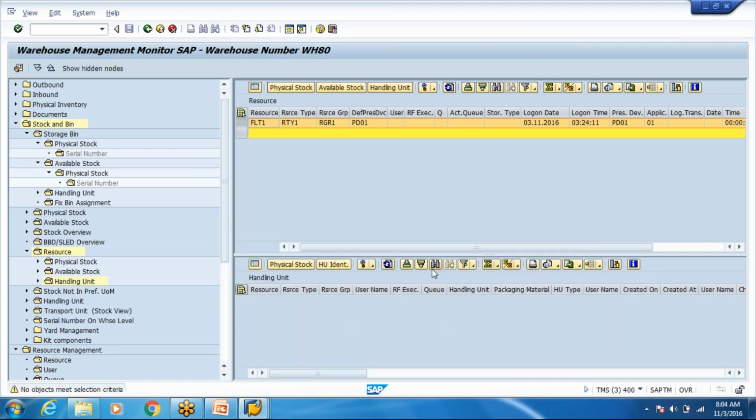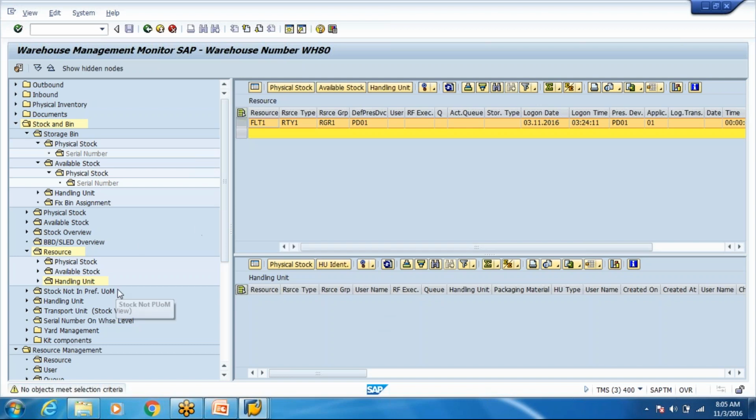Ideally the forklifts should not have anything with them before the end of the shift. Everything should be kept in the bins. So I can see some stock is being handled by you. Please complete your activity and then leave. Just place it somewhere, either keep it where you picked it from or in the destination, and keep your forklift in the charging station, and then you can leave.